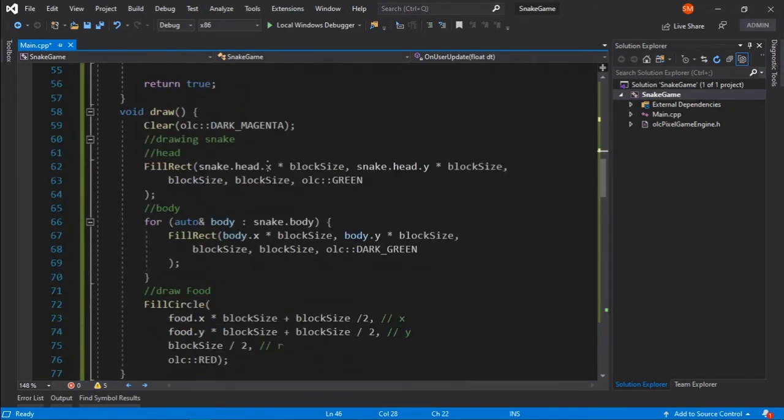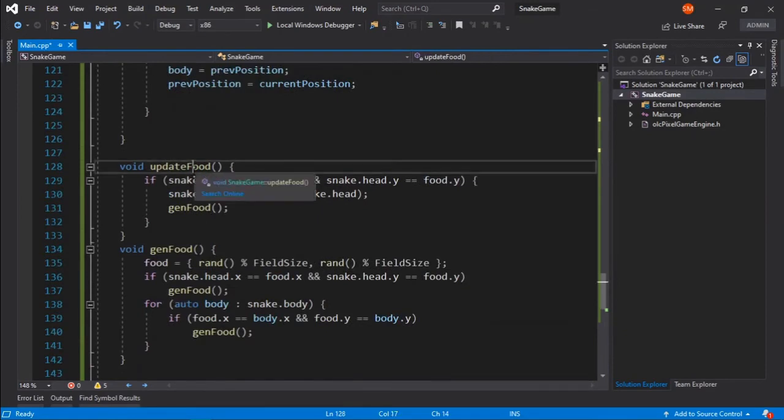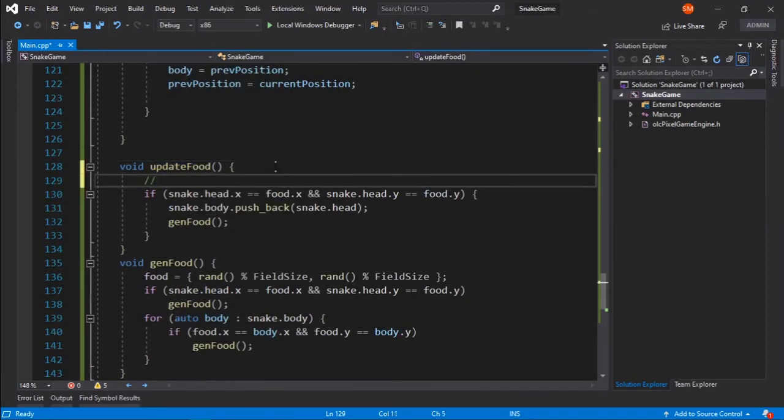And now every time we eat something, so basically this block specifies that we eat the food.